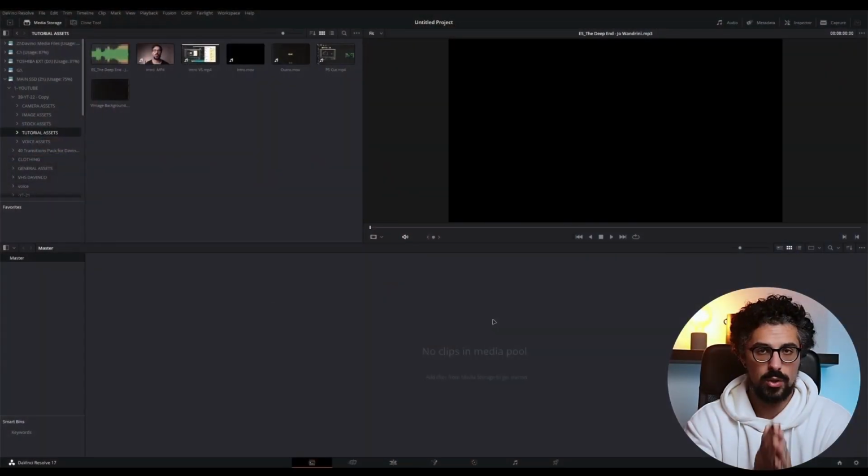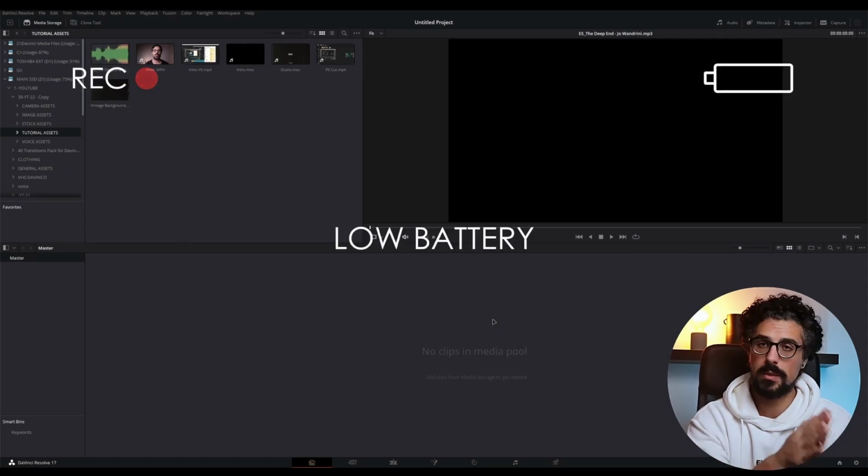So this is, like I said, a place where you are going to be importing your footage. So to import footage, it's very, very simple. There's two ways you can do it. You can do it through the media tab just by